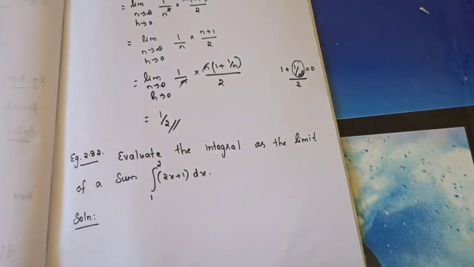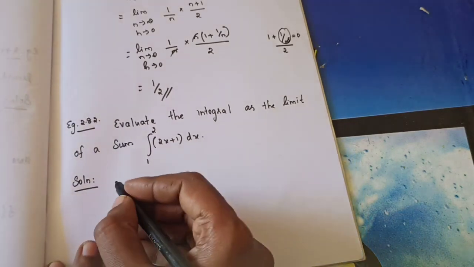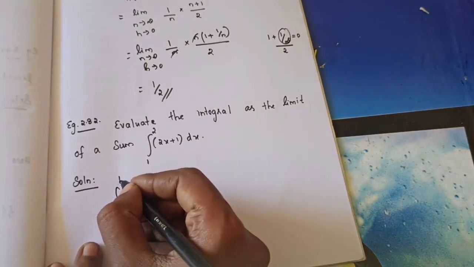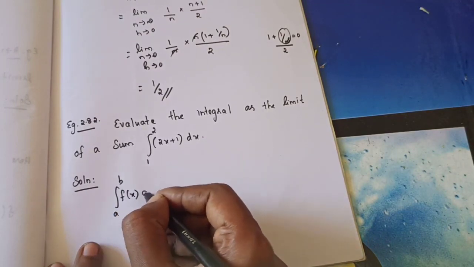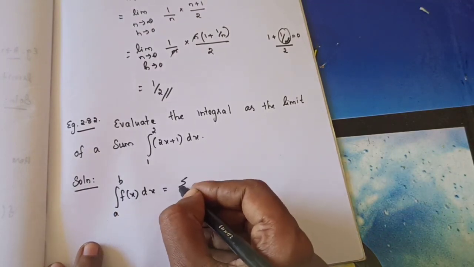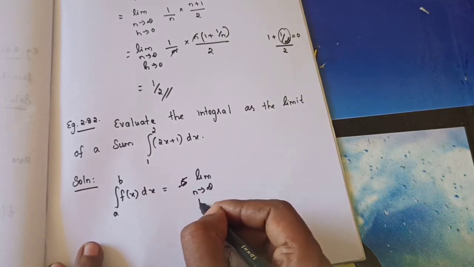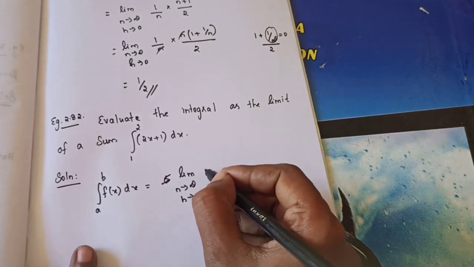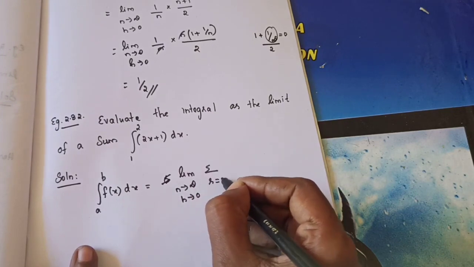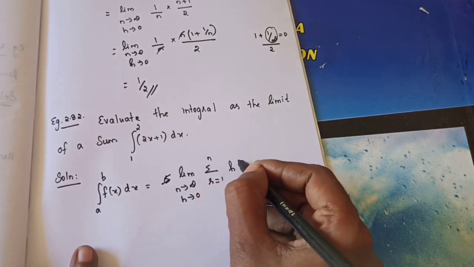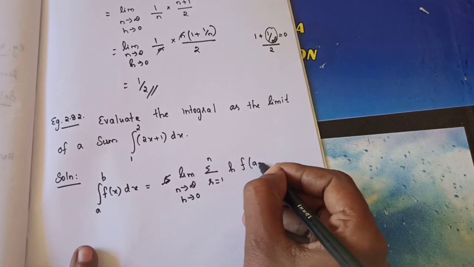Evaluate the integral as the limit of a sum: integral 1 to 2 of 2x plus 1 dx. Understand? So, okay. First we will write the formula. What's the formula? Integral a to b f of x dx is equal to limit n tends to infinity, h tends to 0, summation r equal to 1 to n h f of